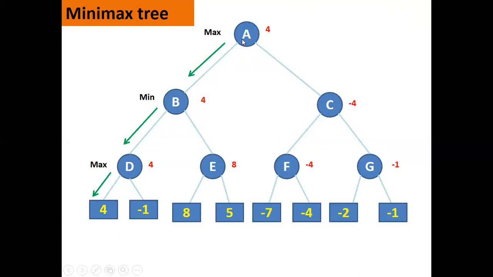So I hope the concept is clear. You have two players, Max and Min. They play turn by turn. The leaf nodes have the utility value. Using this utility value, Max will select the maximum, Min will select the minimum. That means Max will make the best move so that he can win. Min will take the worst move, which is good for Min but bad for Max, so that Max should not win. And then at the root level, once it gets the data, it will decide which path to follow so that the score of the game will be positive. This is the simple concept of the min-max tree.